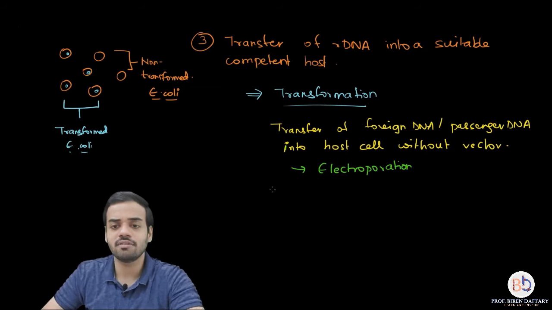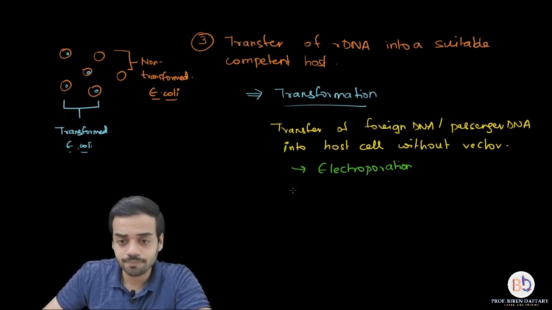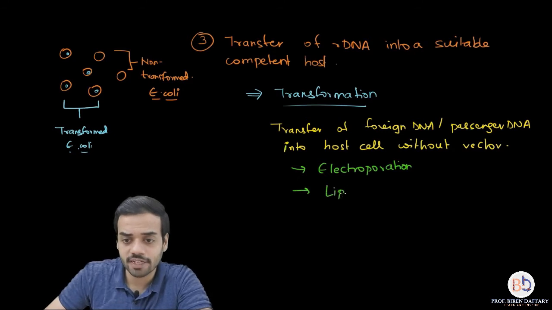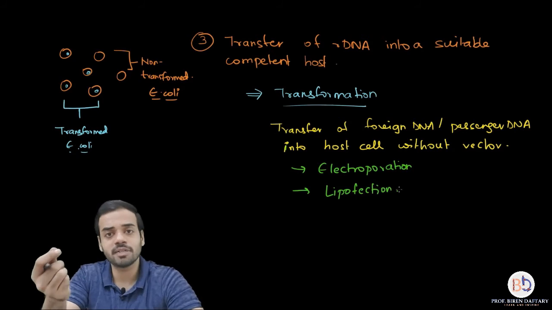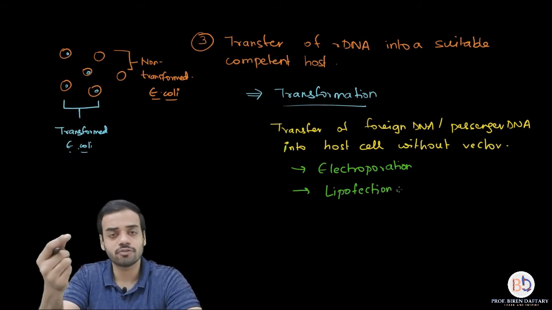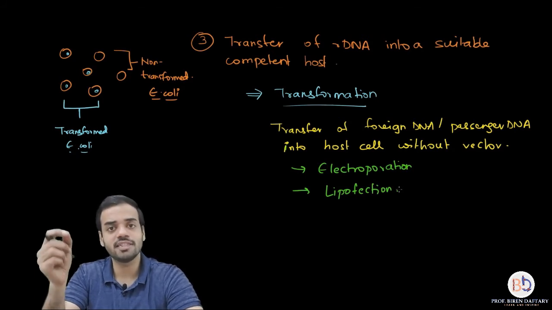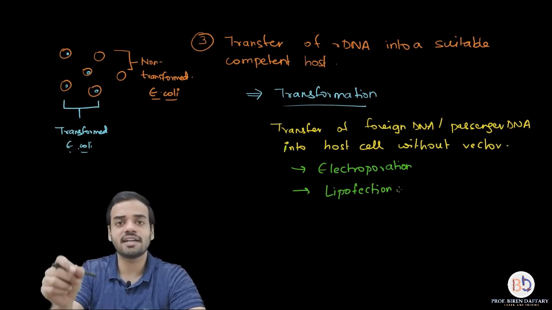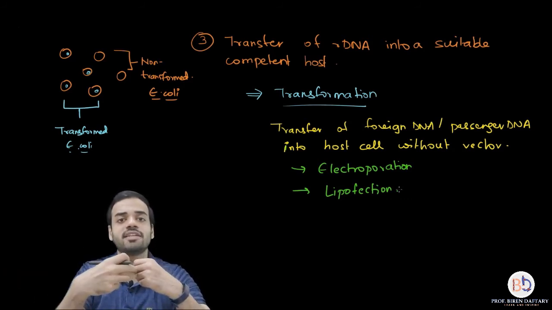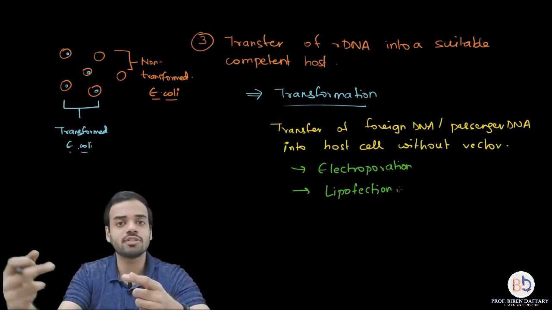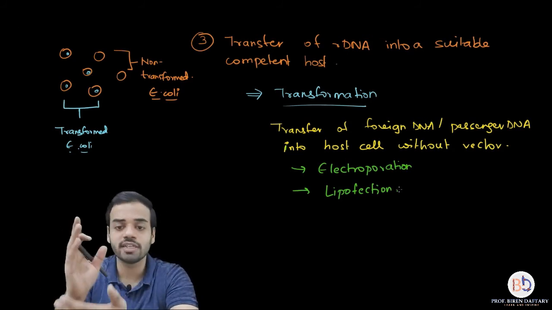The other method which can be used for transferring the required gene without a vector is called lipofection. Lipofection means basically, you know that the plasma membrane is made up of phospholipids, right? Phospholipid bilayer. So a similar kind of phospholipid layer is used, and in that the required gene is inserted, and that layer is kept near the cell of the host. So the cell membrane absorbs it, thinking that it is a cell membrane, and so the gene directly enters into the host. So here you are not using any vector.